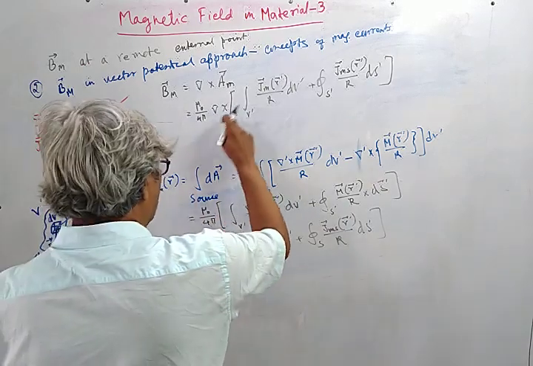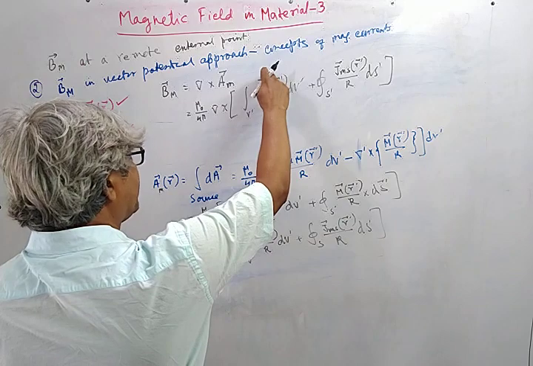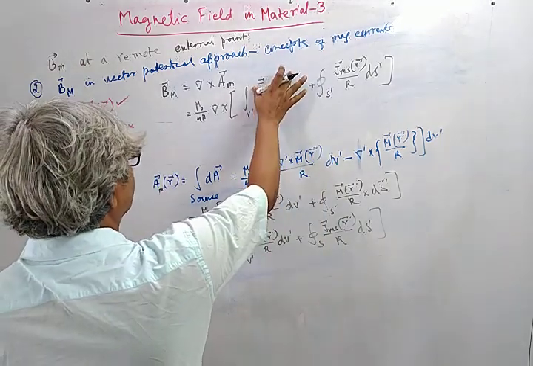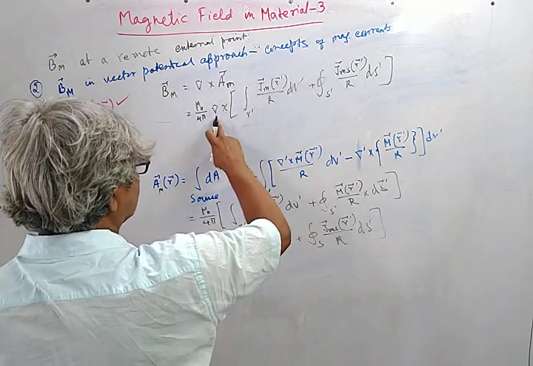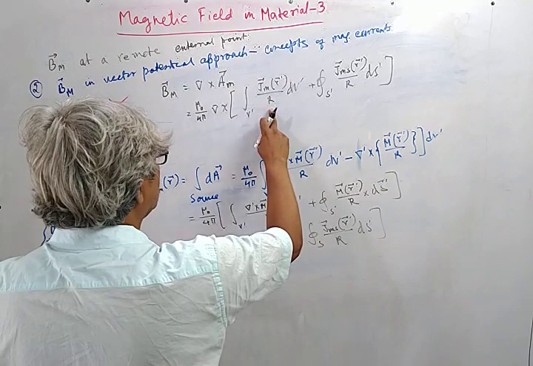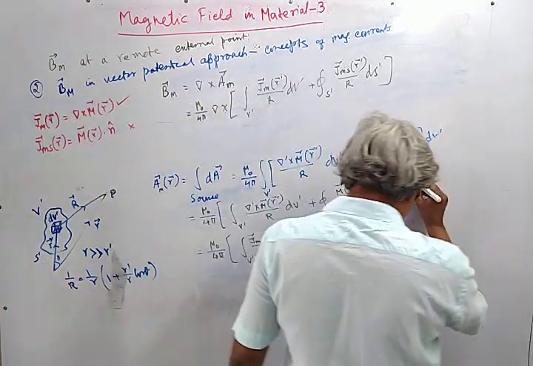We interchange the order of integration and differentiation, and the differentiation operating on these current densities gives 0, because they are functions of source coordinates, and this is the differentiation with respect to field coordinate. So curl operates only with this, and the curl of